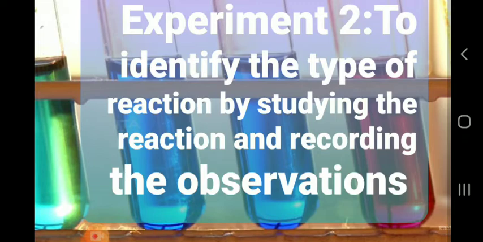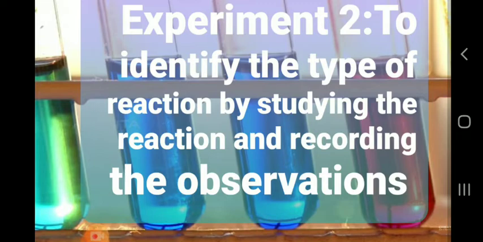So, we will hold a small piece of magnesium ribbon with the help of tongs, and whatever ash is there, we have to collect in the watch glass. We will observe that magnesium burns with a luminous flame and white ash is left behind. Only one product will be formed and no gas will be produced.